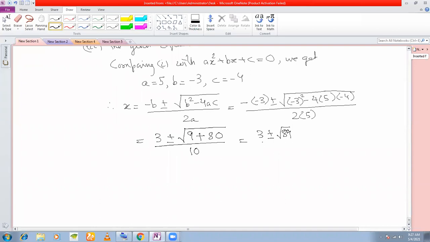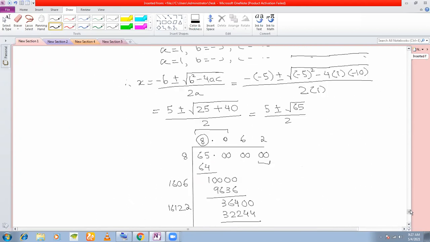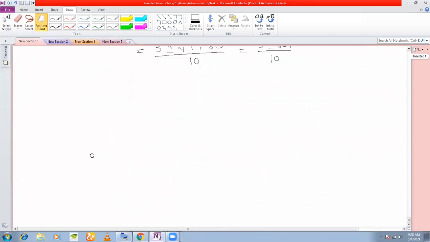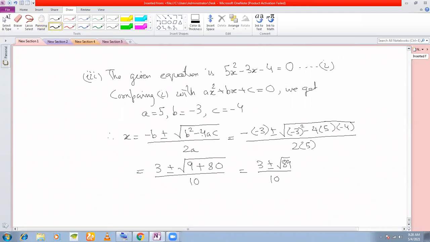Now 89 is a prime number actually, so you cannot prime factorize it. So you need to refer to the table directly or find out by division method. But here is a small catch: you need to find the roots up till 3 places of decimal. So when you have to find the square root till 3 places of decimal, you have to take the square root here up till 4 places of decimal. If you check the tables or use the division method, you will find that the square root up till 4 places of decimal here is